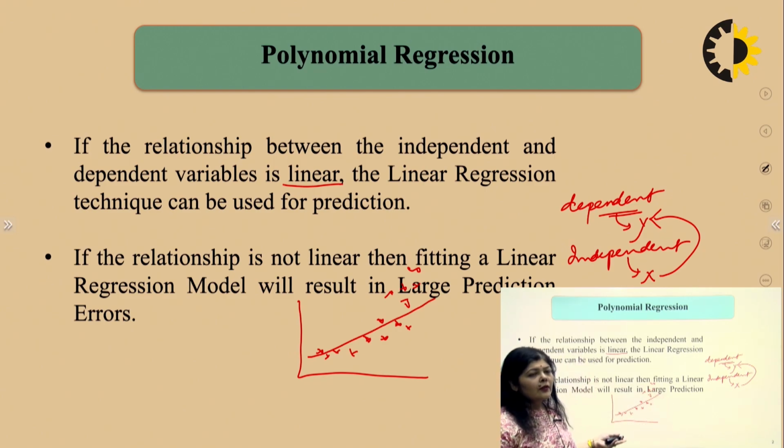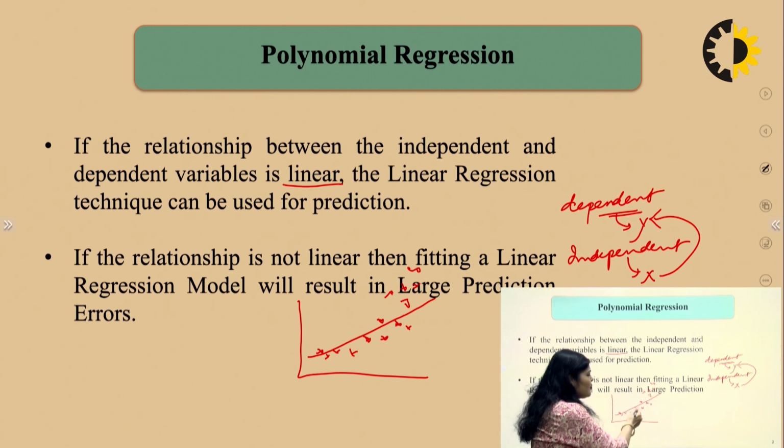So of course we can create a linear regression model for this type of data which is not necessarily following a linear relationship. But the problem is, as you can see visually from here, that most of the points are